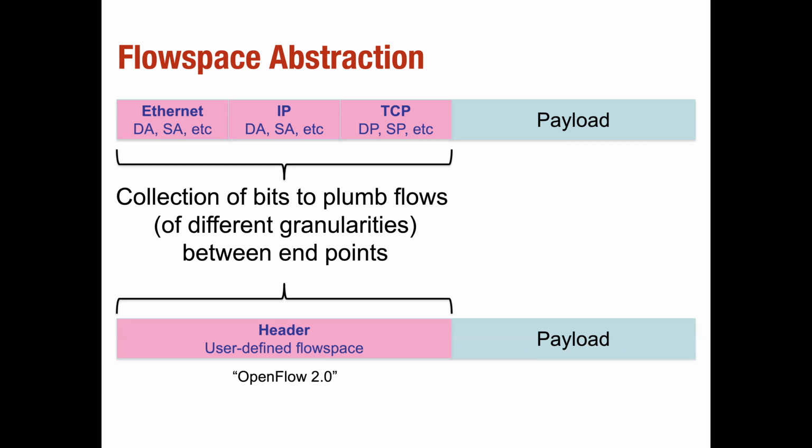And so just to be clear, OpenFlow 2.0 enabled a very abstract or arbitrary combination of these bits, but before OpenFlow 2.0, in OpenFlow 1, the type of combinations of bits that you can use to define a particular match rule were dictated by the existing set of protocols, right?